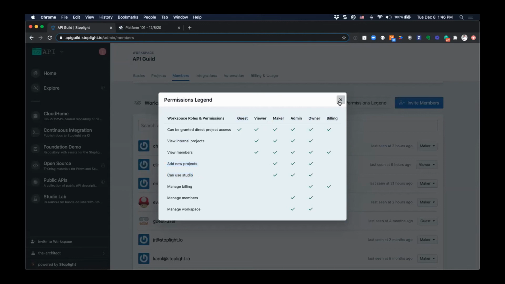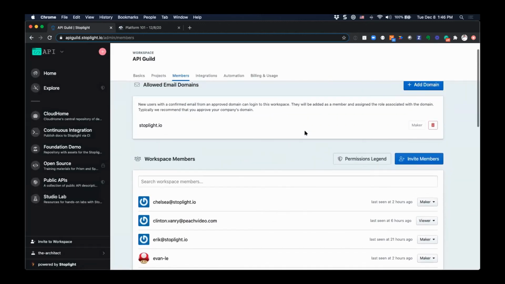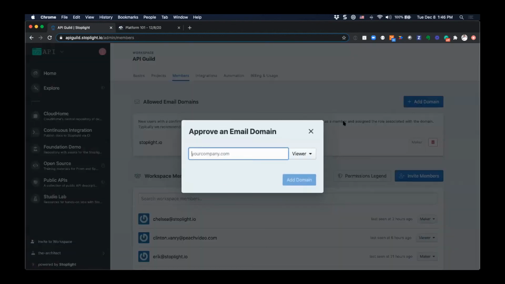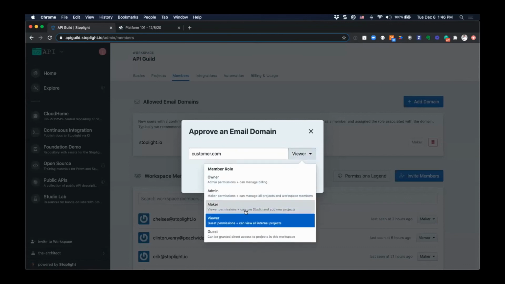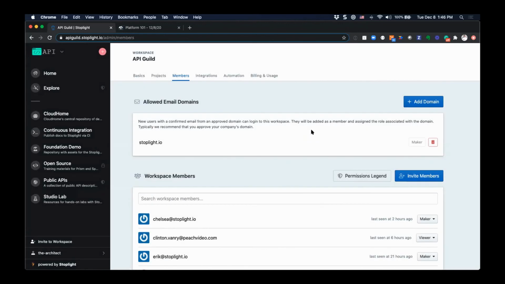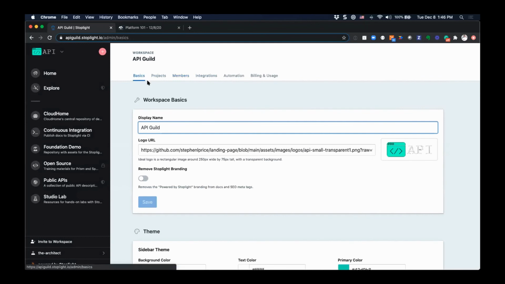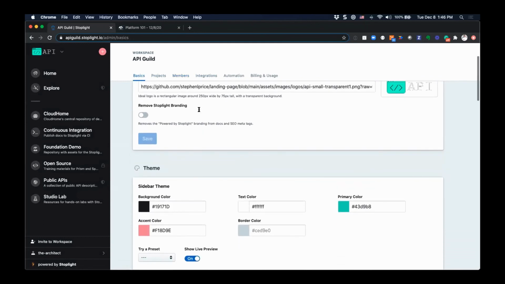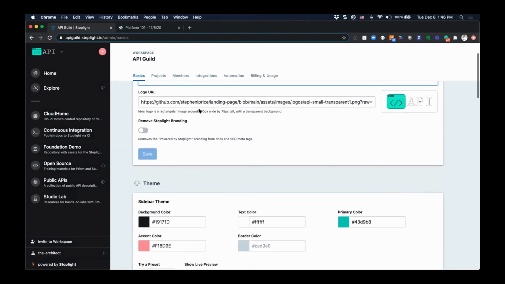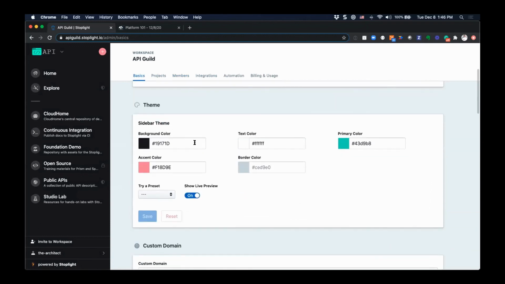So make sure that you know the difference between all of those, and you can whitelist an email domain if you wanted to. Say you have customer.com, and they sign an NDA. We know who they are, so if they log in, they'll get a guest user, right? So know that you can set up that type of functionality. And there's more content that could be said about managing a workspace, for example, around customizing